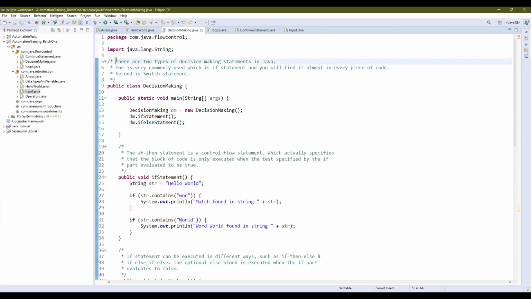Here you can see that there are two types of decision making statement in Java. One is very commonly used, which I have already said, the if statement. And this you will find in almost every piece of code. When we talk about automation, like selecting the web browser: if you want to run the script on Chrome, then a proper WebDriver instance should be created for the Chrome browser.